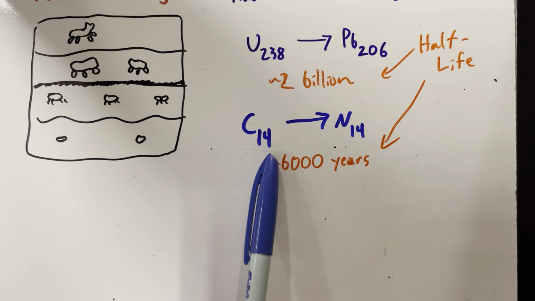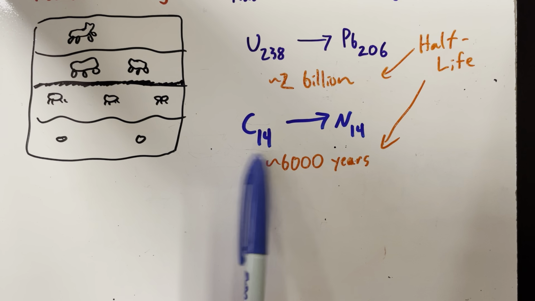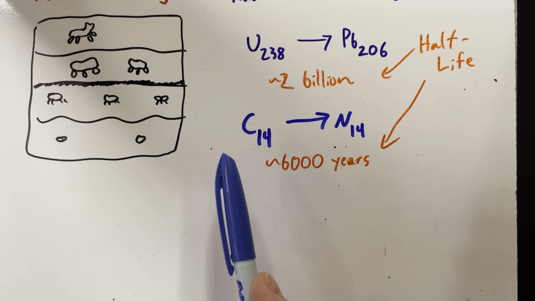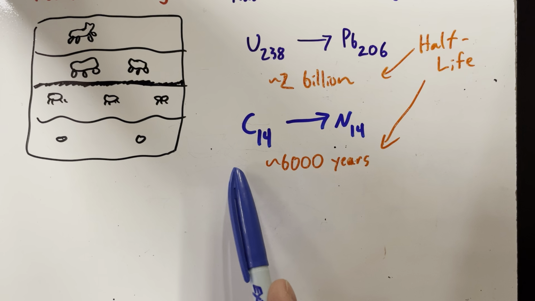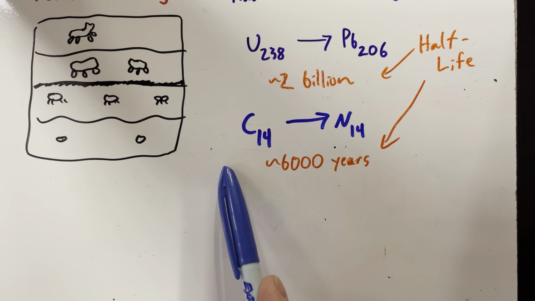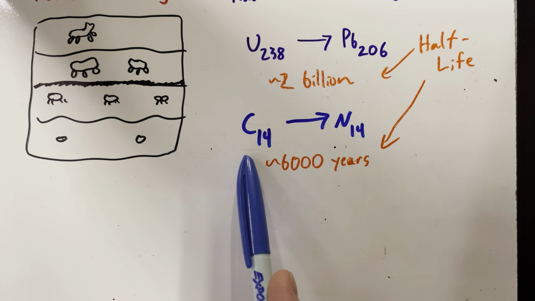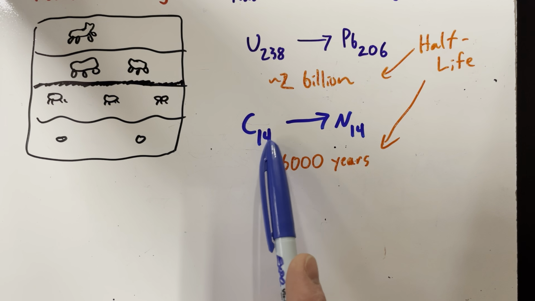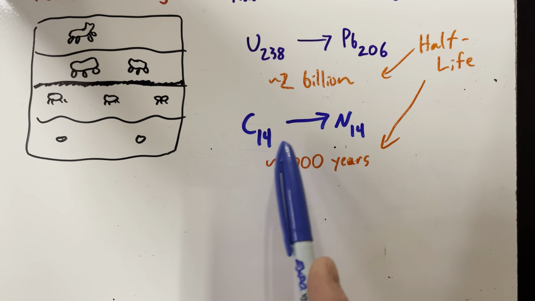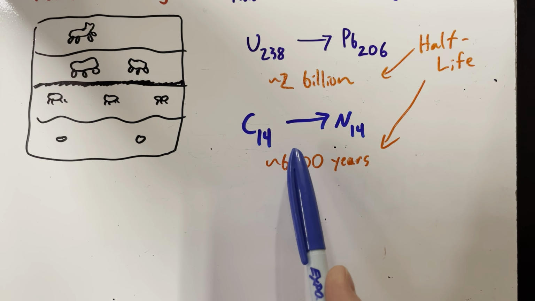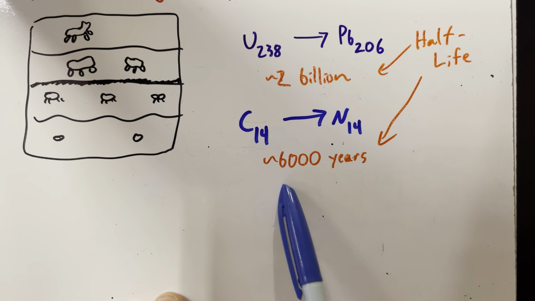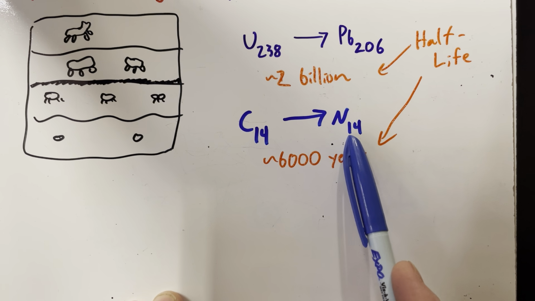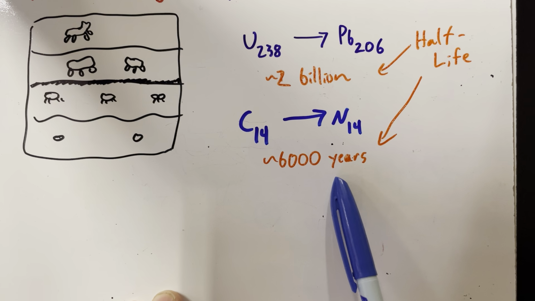What happens after you die? All the carbon releases from your body. Well, you don't bring new carbon into your body, right? So all of the carbon in your bones and stuff like that is no longer being replaced by the carbon in the atmosphere. Therefore, the amount of carbon-14 will go down. And it goes down at the rate of half of it turning into nitrogen every 6,000 years.